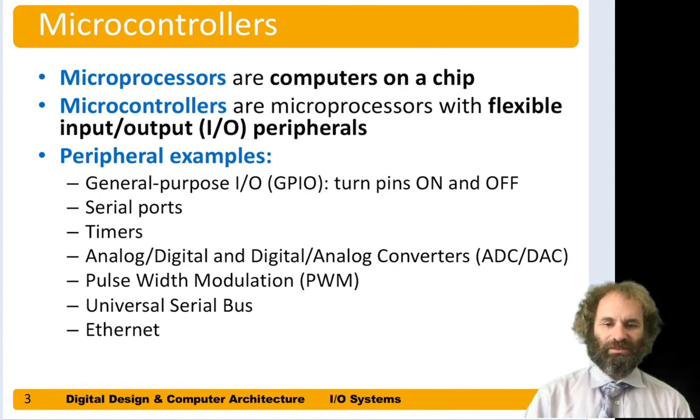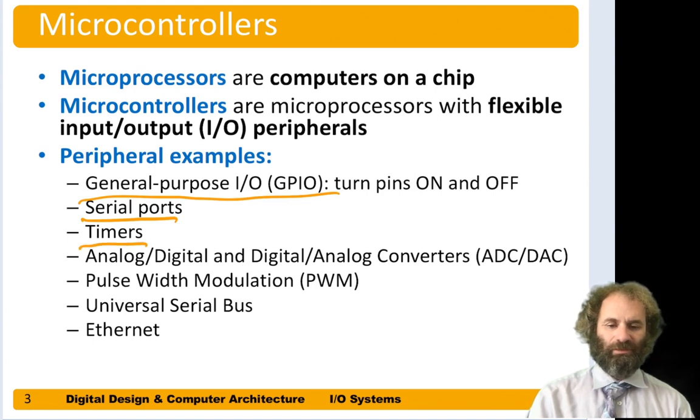So a microprocessor is a computer on a chip, and a microcontroller is a microprocessor associated with flexible input and output peripherals on the same chip, intended for controlling things in the real world. So again, some examples of peripherals would include general purpose I/O, the ability to drive pins to high or low logic levels, serial ports to control devices over a small number of wires, 1 bit at a time, timers to measure or generate precise intervals,